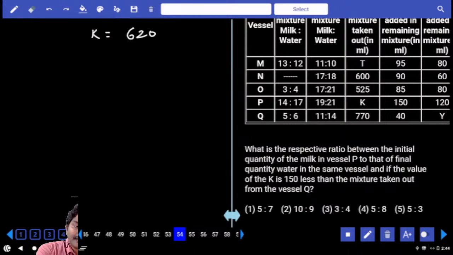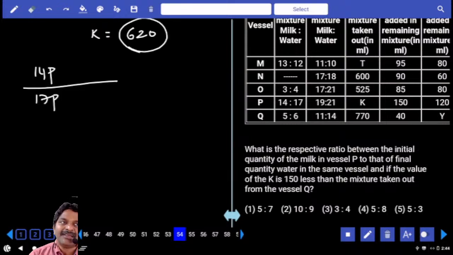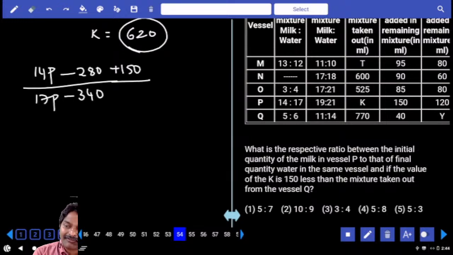Fine. In P we have 14 parts and then 17 parts. 620 also should be in the same ratio. Total how many parts are there? 31. Then each part is equal to 20. 280 ml of milk, 340 ml of water taken out. Then 150 ml of milk, 120 ml of water added. Finally ratio